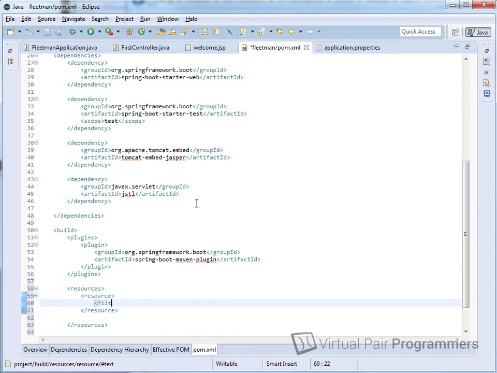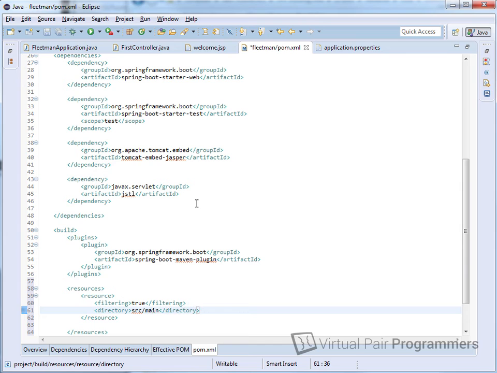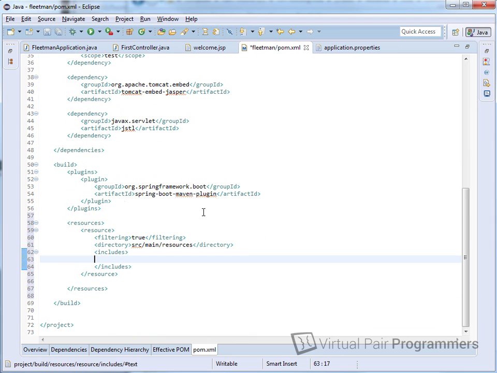And then inside there, we have a filtering tag set to true. We have a directory tag, which is going to reference our resources directory, which is src/main/resources. Notice there's no forward slash at the beginning of that path. And then we have an includes tag. Now this isn't the best fun we've ever had. And inside here we have an include. We're going to put in here